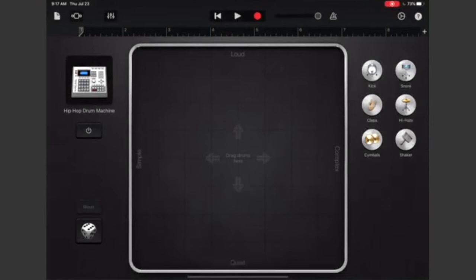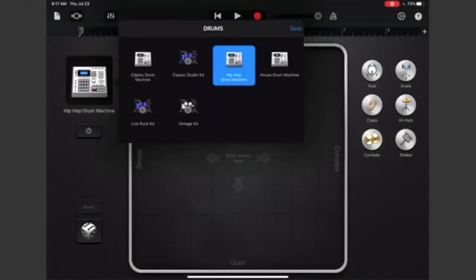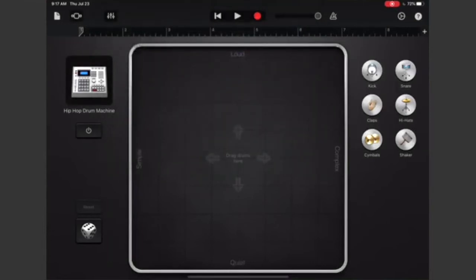And when you come to this, this is another track. So you're looking at another view, and these are your drum machines. Where it says hip hop drum machine or whatever comes up for you, you can click on that and you can change it. Instruments are over on the right, and you've got a little dice right here.